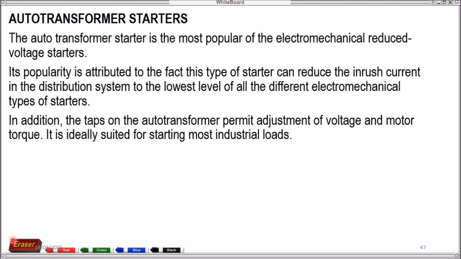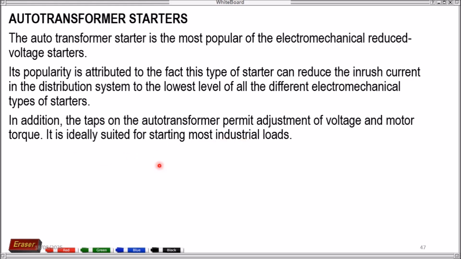Then we have also the auto transformer starter. So this uses, no, an auto transformer. So an auto transformer is a transformer in which the primary and the secondary windings are connected. So it is the most popular electromechanical reduced voltage starter, no. So its popularity is due to the fact that the starter can reduce the inrush current. In addition, the taps also could permit adjustment to the voltage of our motor,